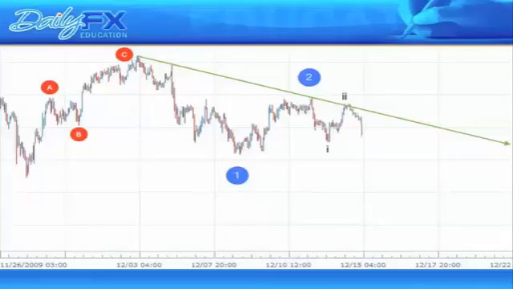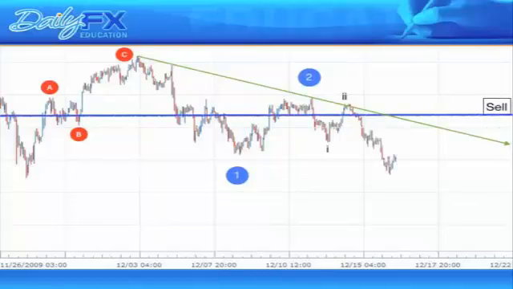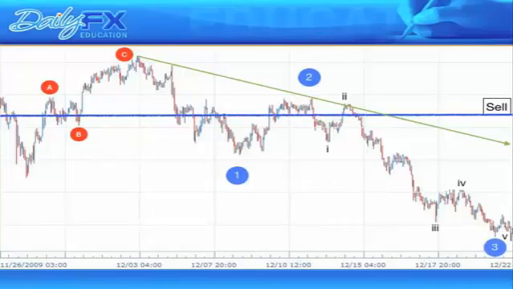This happens on the 14th of December. After going short, the market quickly sells off, moving in our direction. The last thing I'd like to talk about with this example is where to set your stops and where to set your limits. When trading wave 3, it's often good practice to place your stop just beyond the beginning of